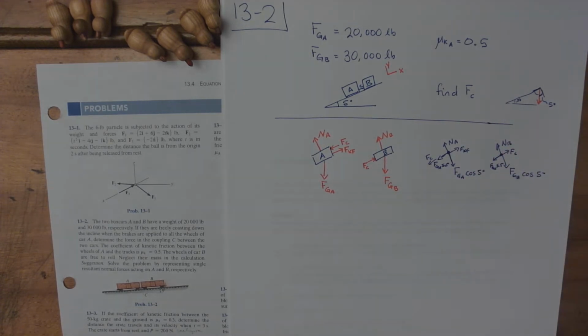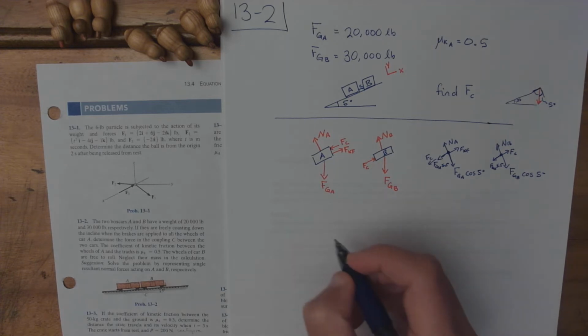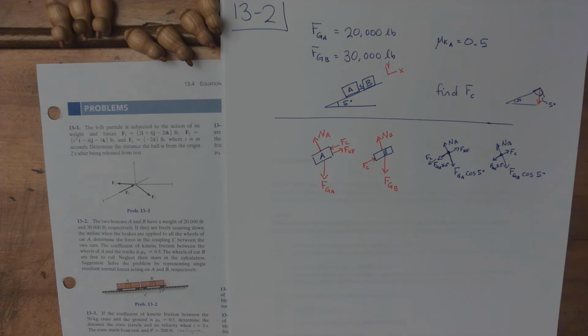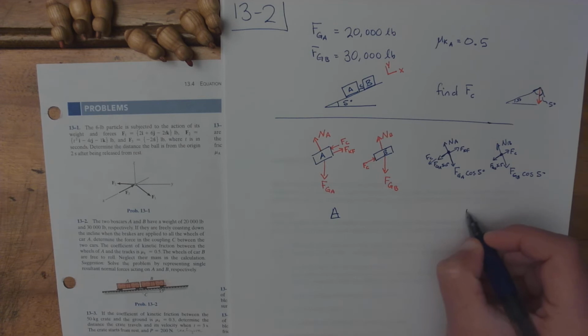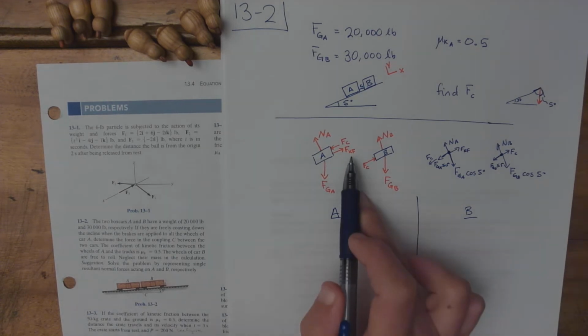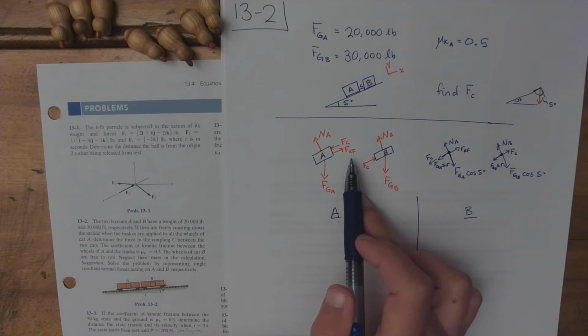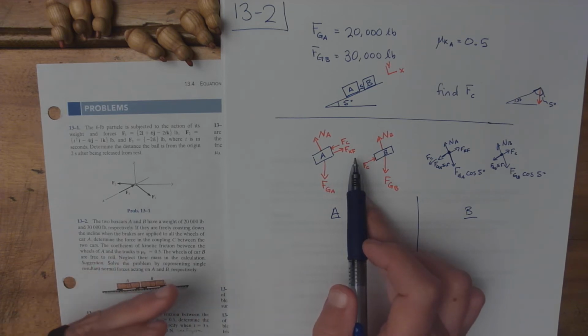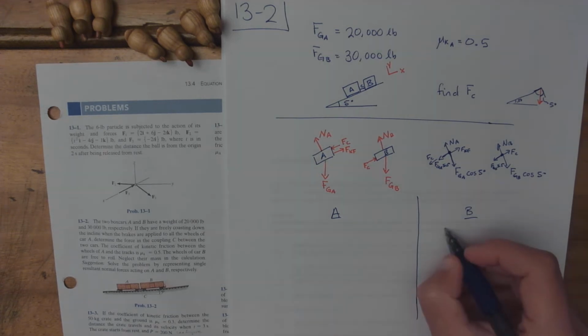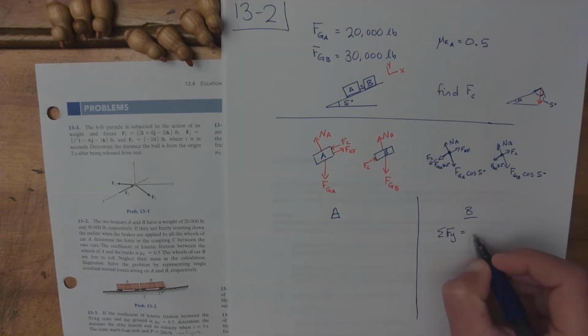Okay, so now that I've done that, I can look at Newton's second law. I'm going to do this in the x direction and also in the y direction. I'm going to do this for A, and I'm also going to do this for B. So usually it's helpful to start off looking in the y direction first, because if you have a force of friction acting in the x direction, it's helpful to know what the normal force is so that you can calculate the force of friction. Although, if you sum up the forces in the y direction for car B, that's equal